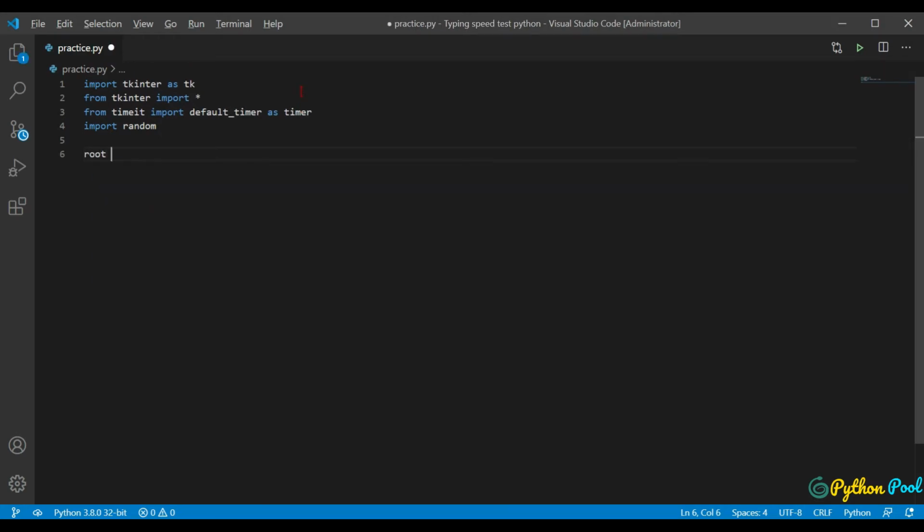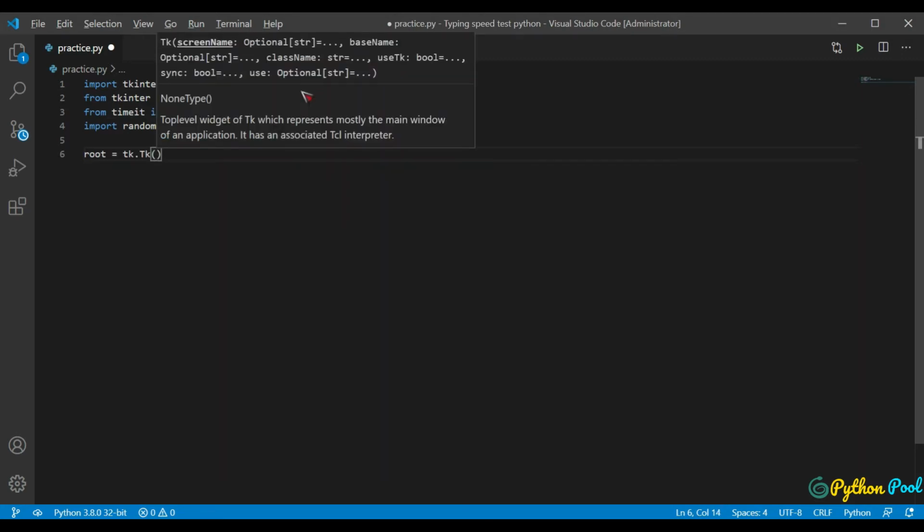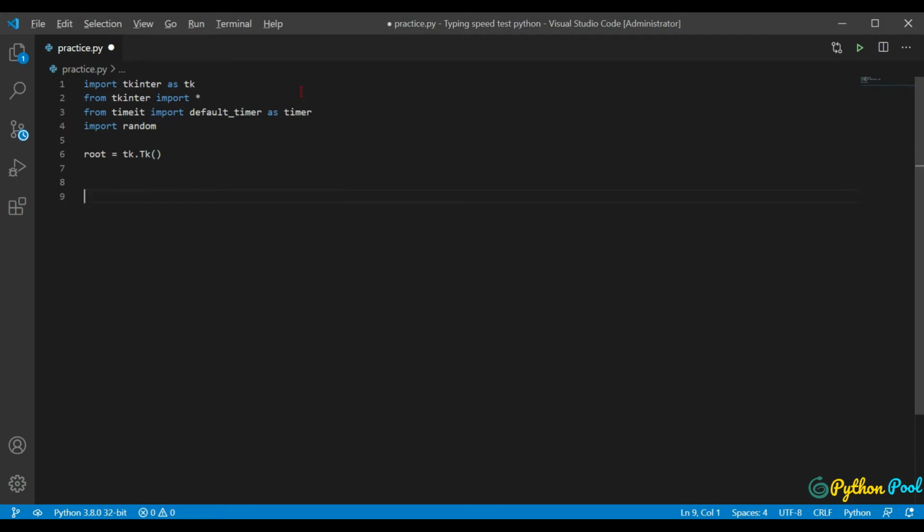So create a variable root which will create an instance in the interpreter, and once we have created the instance, we need to terminate it with root.mainloop. And once we are done with that, we need to set the geometry of our tkinter window and the title of our window. So let's create that one, root.geometry.